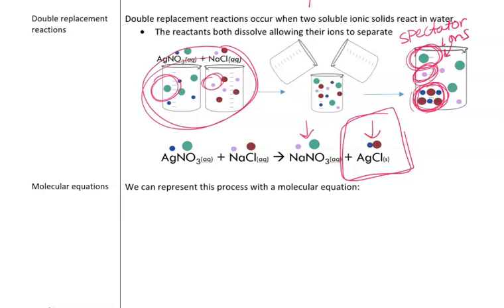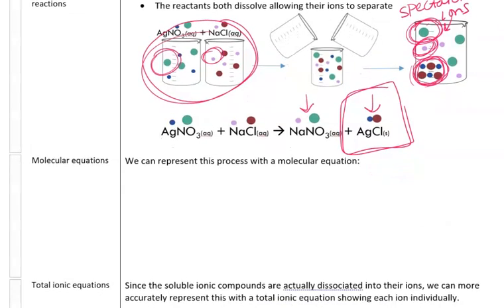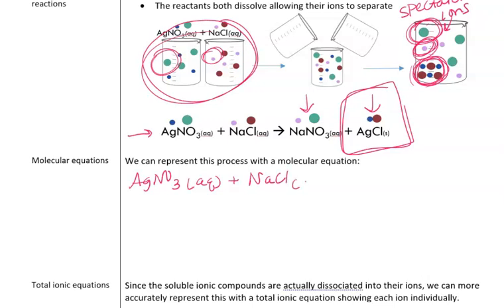And so sometimes, since that's not really where our change happens, we just want to drop them out of the equation. When we do that, we get the net ionic equation. So we can represent this 3 ways. We can represent this as a molecular equation, which is really what this is. We started with silver nitrate, so we write that whole formula out, and it was aqueous, and we let it react with sodium chloride, again, write the whole thing out, aqueous, and we ended up with sodium nitrate, which was aqueous, and silver chloride,